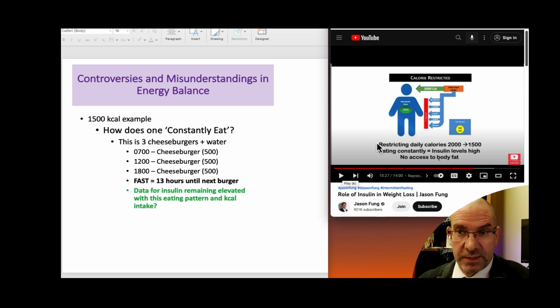2,000 calories is not eating constantly. If you want to think of it as 2 small meals at a restaurant of 1,000 calories, and then there's a fast of about 12 hours in between each of those. So to use that fasting model, and I just put this together, from the 1,500 calories, how does one constantly eat on a 1,500 calorie diet, eating the foods that are deemed inappropriate?